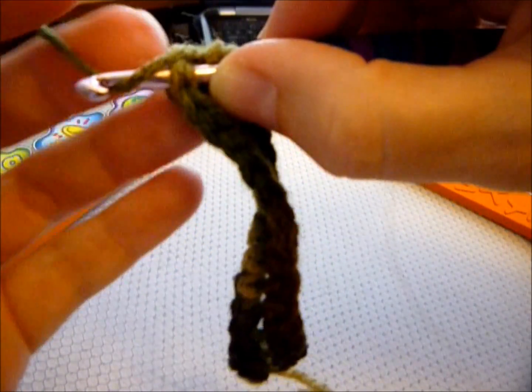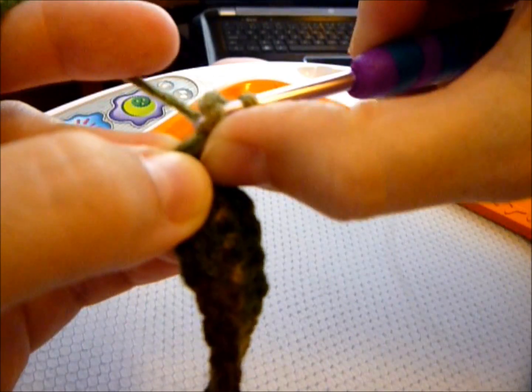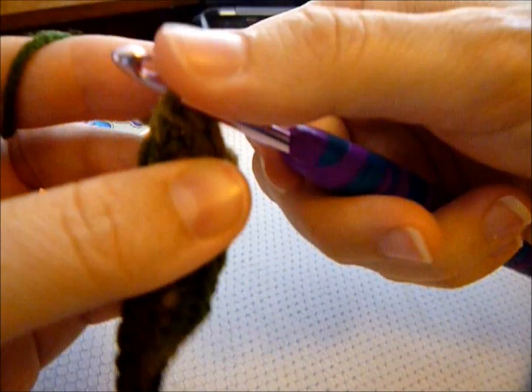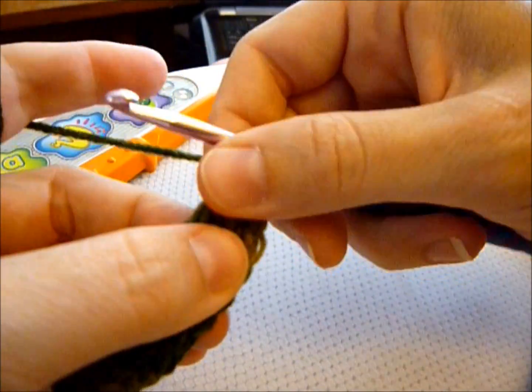Like so. And you're just going to slip stitch. So slip stitch is yarn over, you pull through, and then you just pull it through that loop. Okay, and we're going to chain one. And now what we're going to do